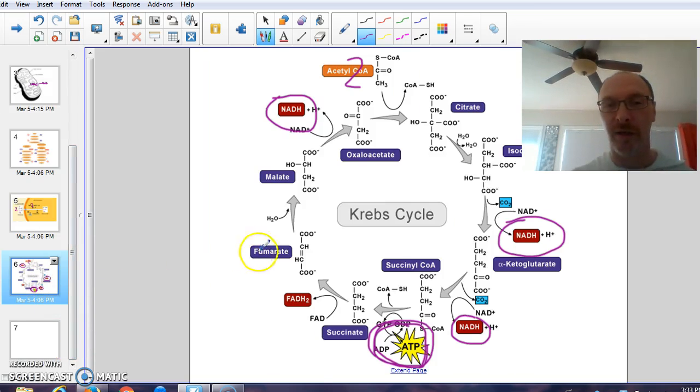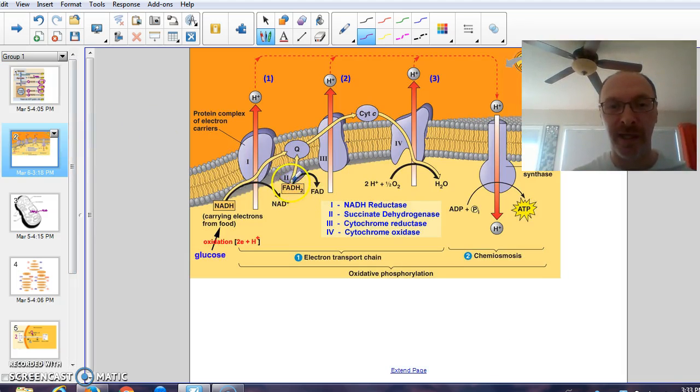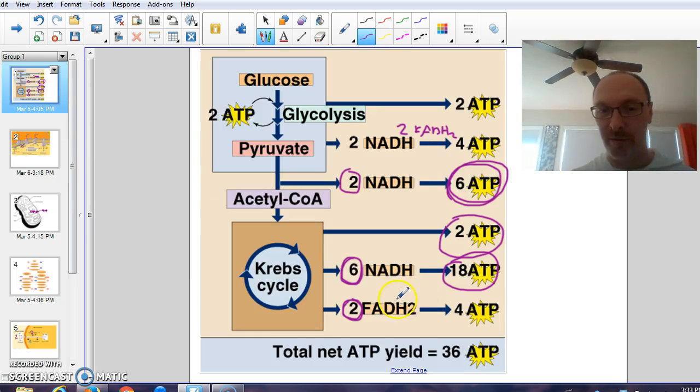And then we also get 1 FADH2 being made, which is right here, and that happens once for every turn of the Krebs cycle. Again, if the Krebs cycle turns twice, we should get 2 FADH2s. And if you jump back to the original figure, you can see here 2 FADH2s being made if 1 glucose goes through cellular respiration. And again, 1 FADH2 is going to pump 2 protons. We get 2 ATPs out of that, and 2 times 2 gives us the 4. And then when you add all that up,